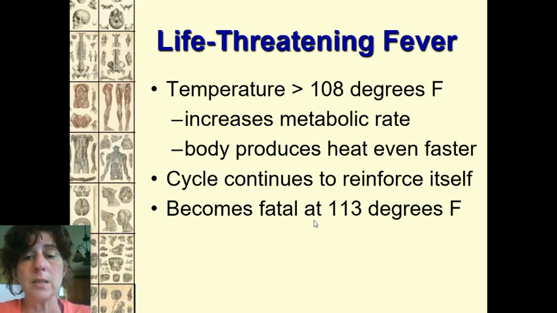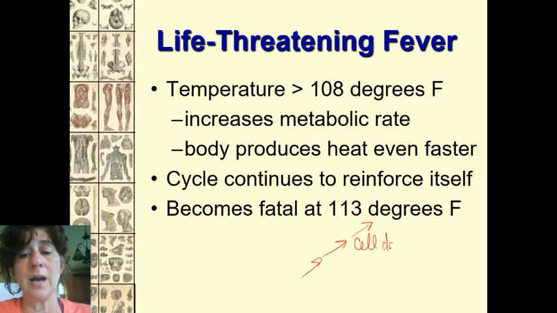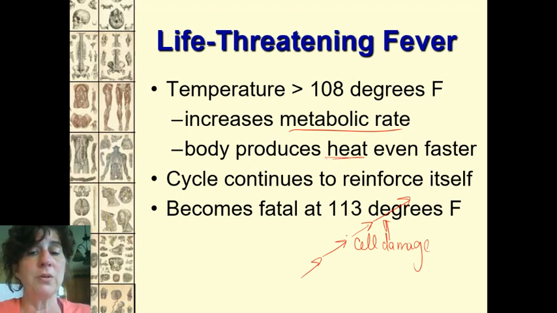But there is a point. I'm raising that temperature, I'm raising that temperature, I'm raising that temperature. Your body says, this is dangerous. I'm going to have cell damage. I need to stop doing this. So it puts in work to try and stop it. But the very work that it's doing to try and stop this is actually having the opposite effect, and it's making it increase. So it's producing heat even faster by increasing the metabolic rate, by trying to rectify the damage that's being done, and it's bad news all around.